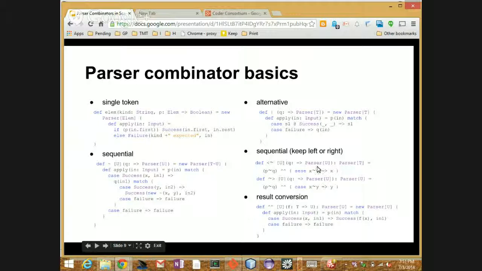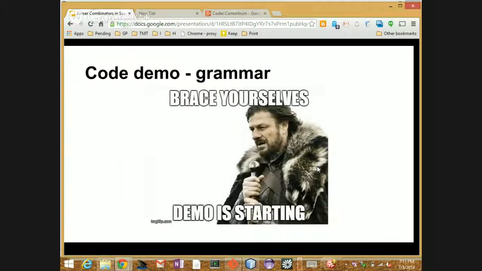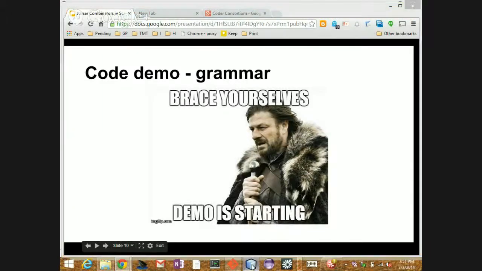If you get a chance, when I was first learning this stuff, I kind of glossed over these details, but I just wanted you to see it. It's actually, there's not much there. So now I'll start talking more about the example grammars.